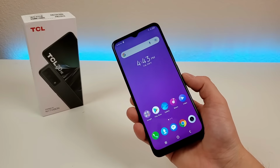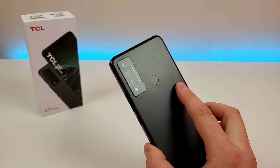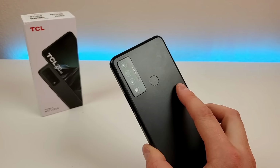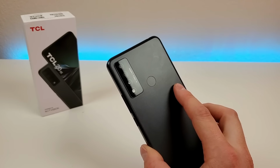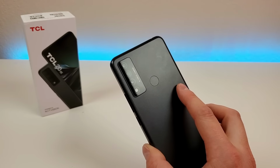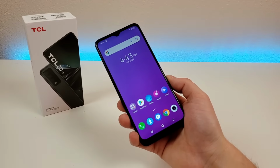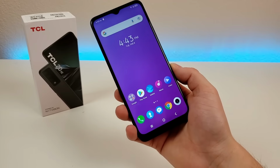We're also getting face unlock with the phone too, which I definitely appreciate. And then we are getting a triple camera setup with the device. So we're getting a 13 megapixel main camera, a 2 megapixel depth sensing camera, and a 2 megapixel macro camera for close-up images. Now, internally with the phone, we're getting 3 gigabytes of RAM paired up with the MediaTek Helio